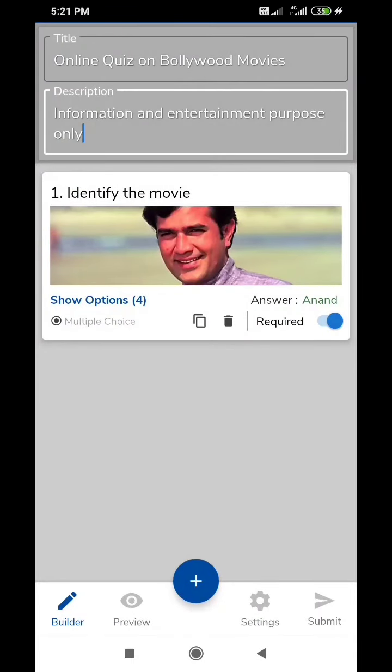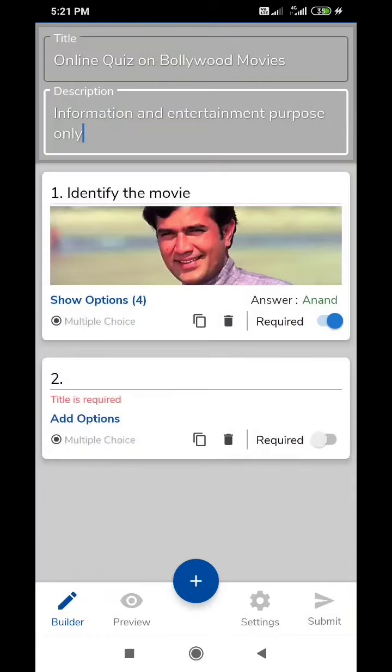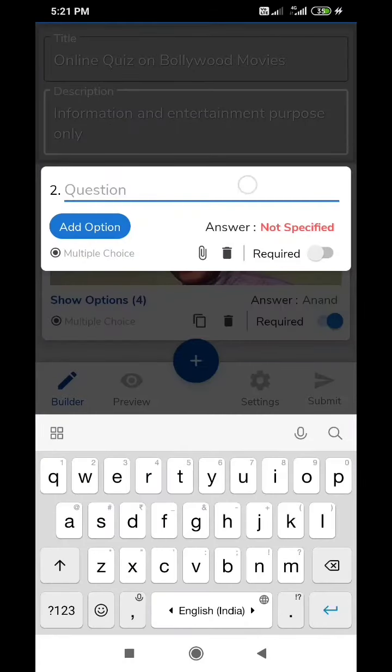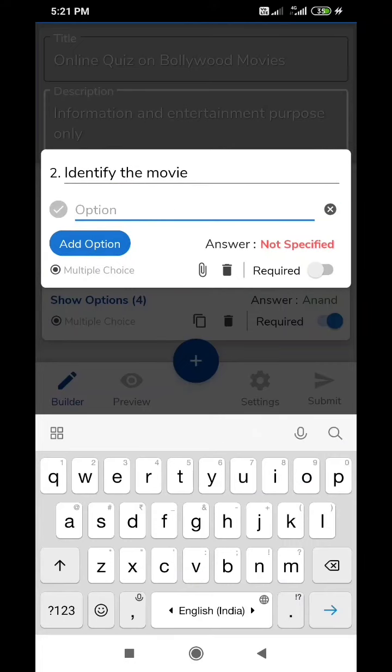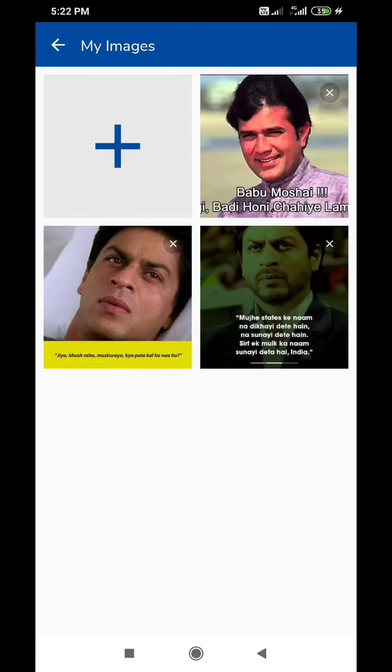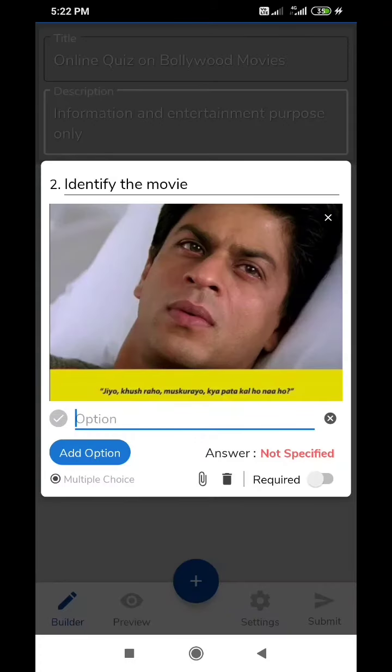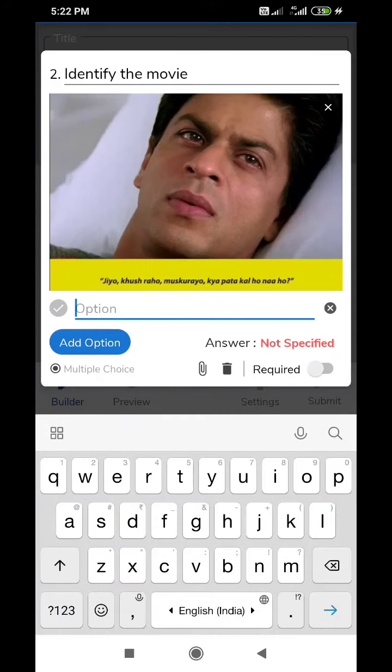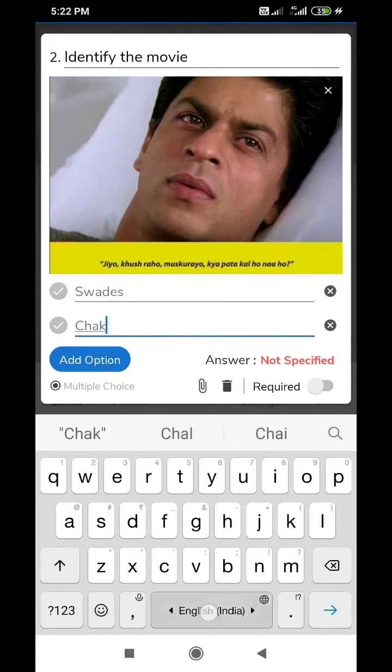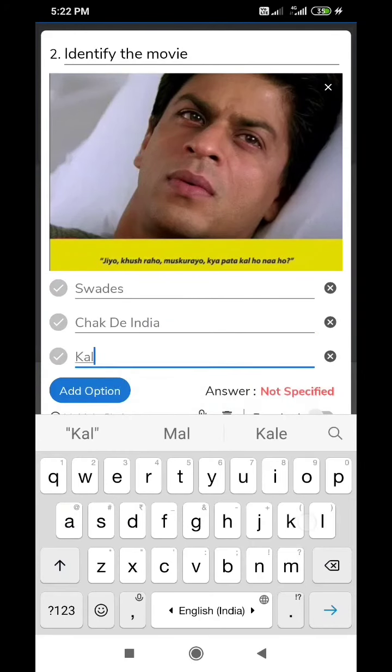Now I want to add one more question. So I'm adding a second question which will also be about a movie. So one has to identify the movie. 4 options may be given. First of all, I have to select an image already stored here. This is from the movie Kal Ho Na Ho. So I am giving options of various Shah Rukh Khan films like Swades, Chak De India, Kal Ho Na Ho,